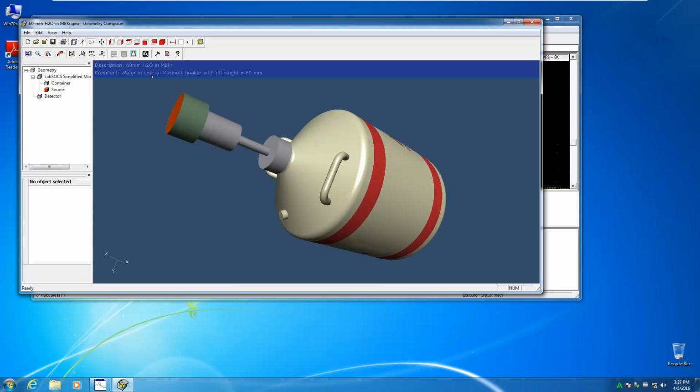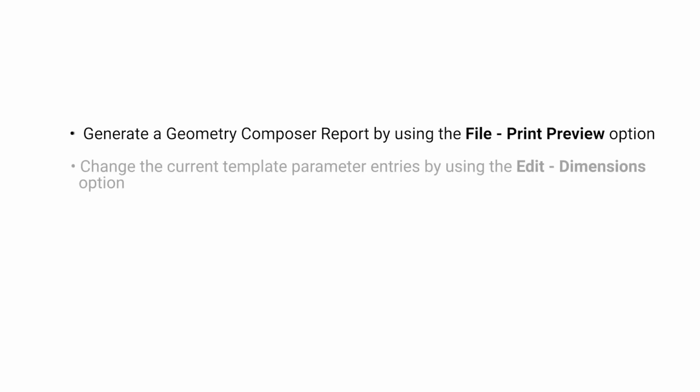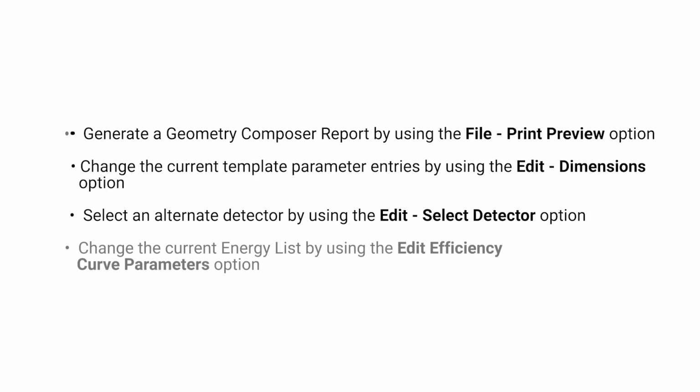At this point, we could perform any of the following operations. Generate a Geometry Composer report by using the File Print Preview option. Change the current template parameter entries by using the Edit Dimensions option. Select an alternate detector by using the Edit Select Detector option. Change the current energy list by using the Edit Efficiency Curve Parameters option. For this demonstration, we will omit those options and assume we are ready to proceed with the Labsocs Efficiency Calibration